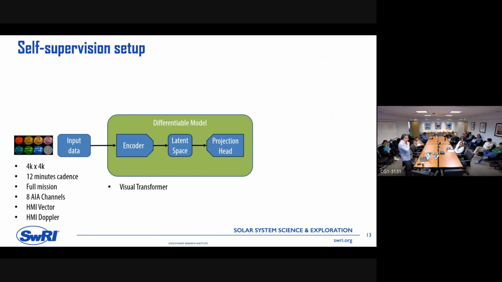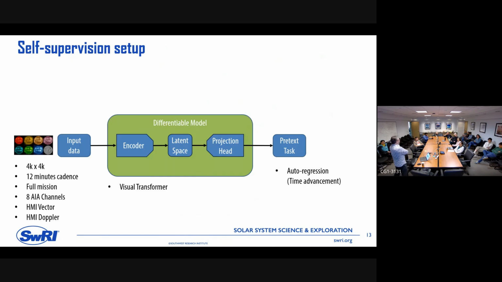Now, the architecture that we're using to abstract or distill that knowledge is called the transformer. It's the visual transformer, and I'll talk about transformers in just a little bit, in the next slide. The pretext task is auto-regression, so it's time advancement. We give 2 stacks, one of the present and one from 1 hour ago, and the task is to forecast all these channels 1 hour into the future.